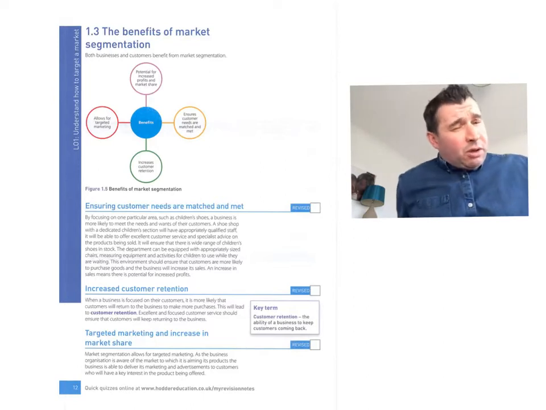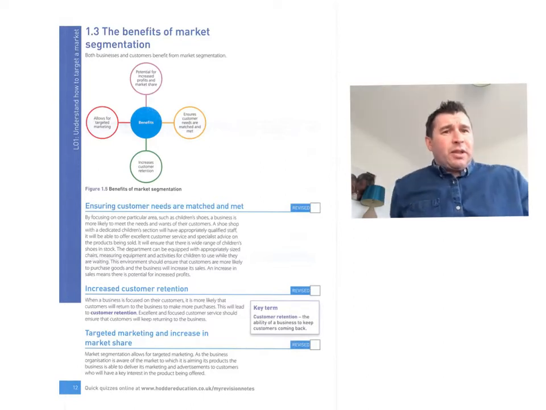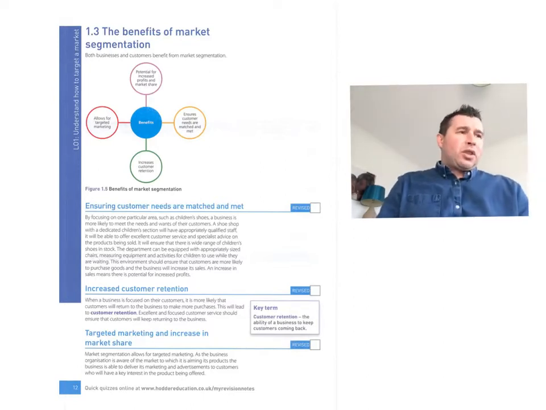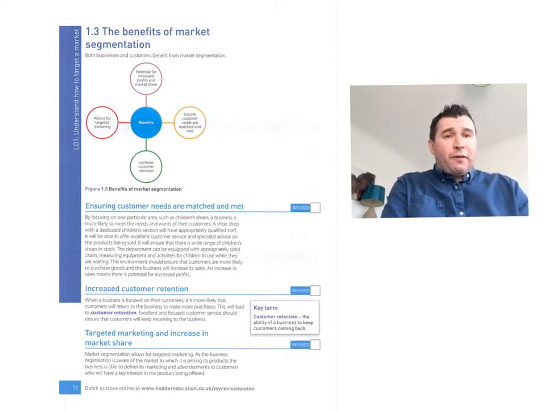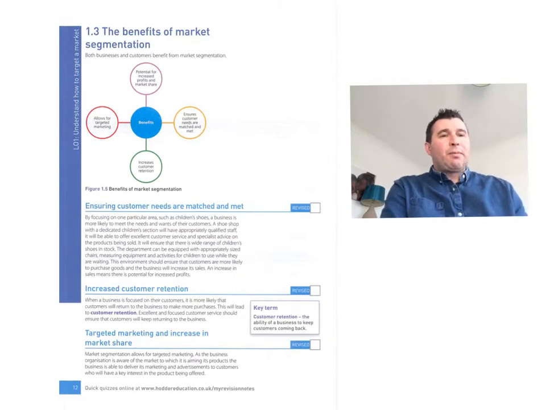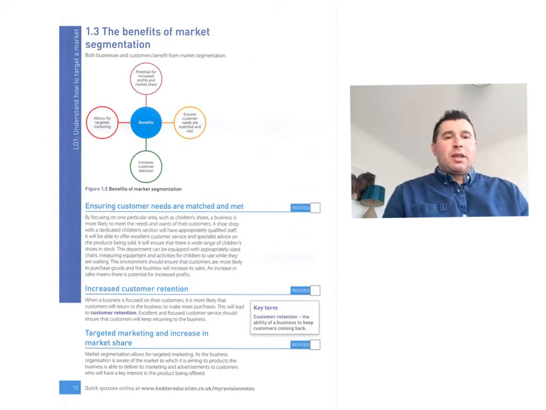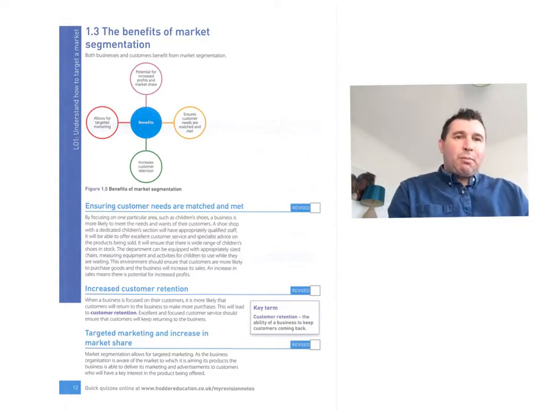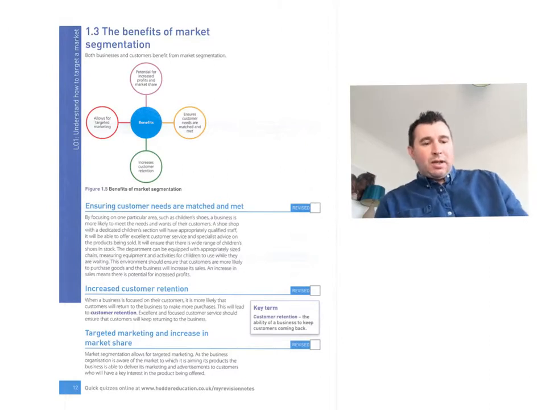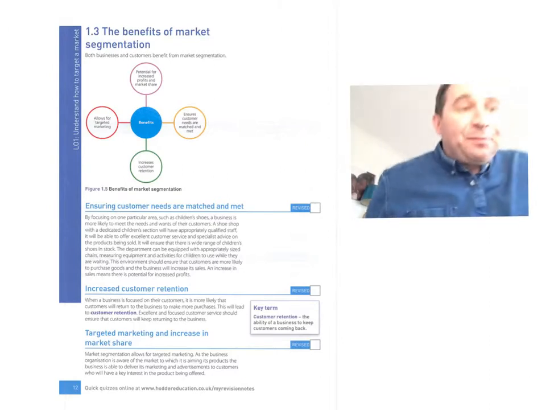Last lesson we also looked at the different ways in which you can segment. So that's age, gender, lifestyle, occupation, geography. Those are the main areas that you can segment via. So for instance, if you're looking at holidays, you might segment by age, and you might provide a holiday for people who go on a cruise, so that would be by age, and that would be by the older generations that we have.